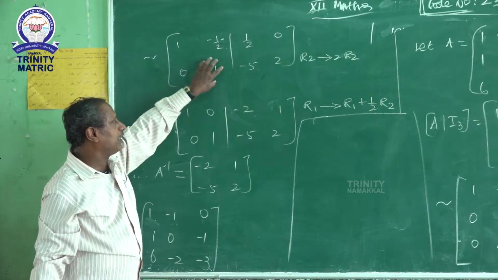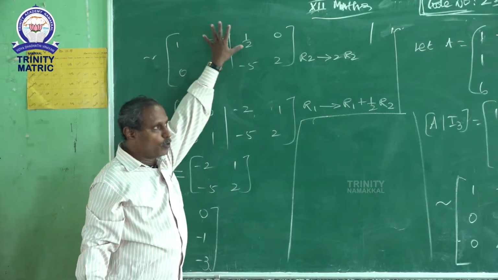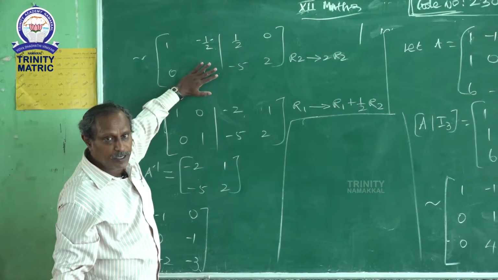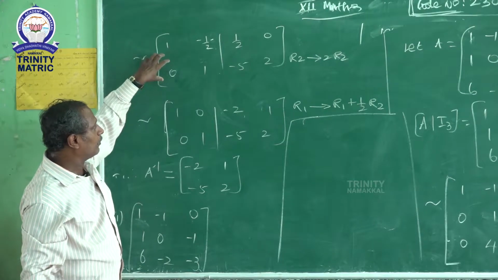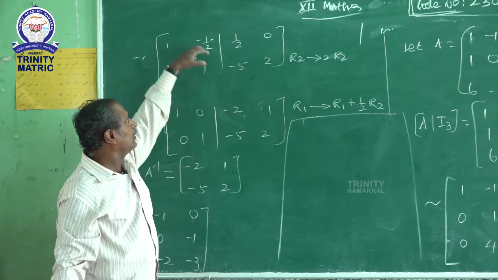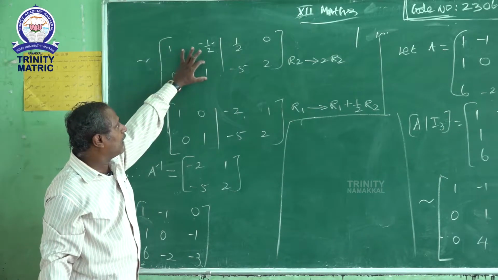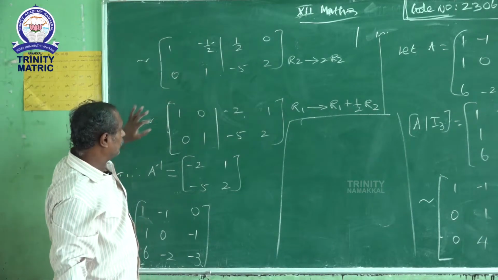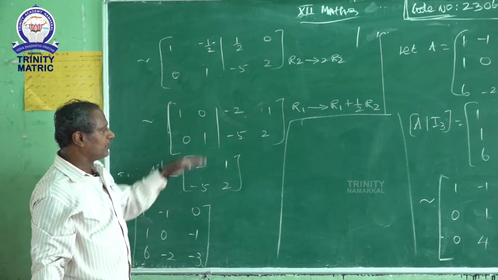So here we have to take the first row and multiply it by 2, then we make it 1, then again we can do. Otherwise we can reduce one more step, by taking the second row, multiplying it by a constant and adding it with row 1, we will get the value 0. That is a constant added with minus that constant, we will get 0. For that purpose, we want to change the first row into 0, 1.